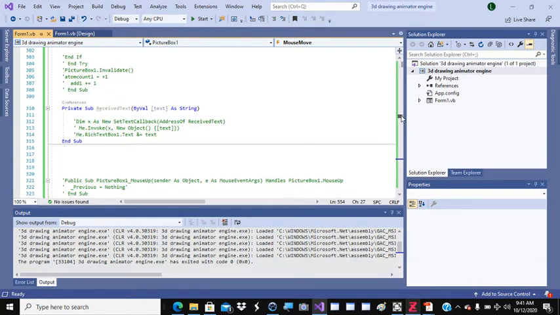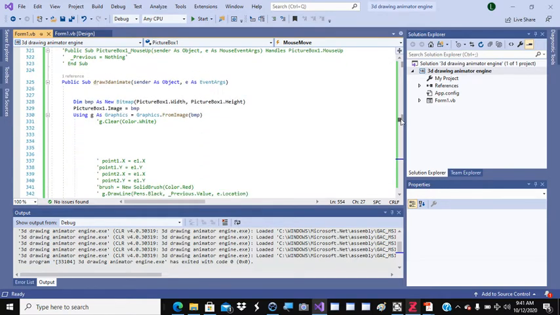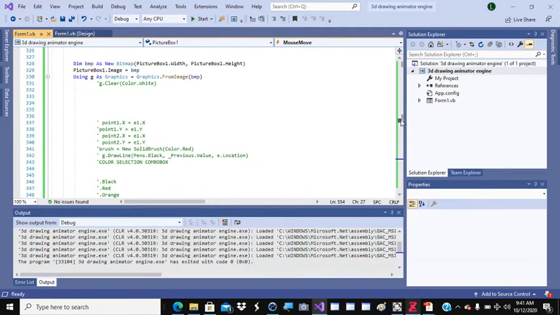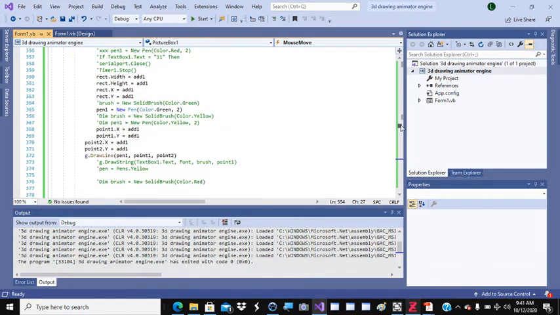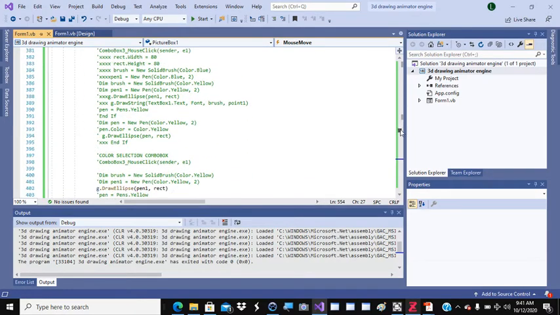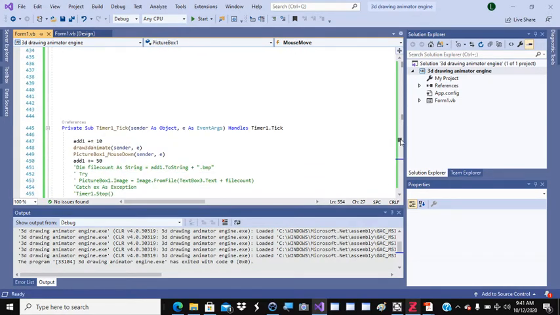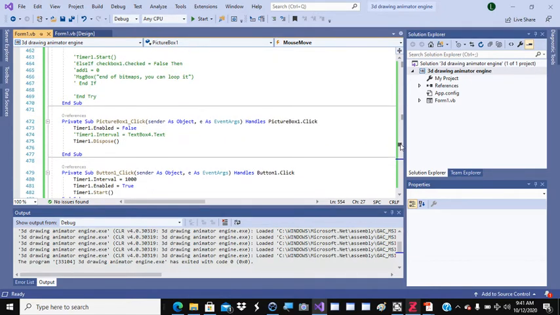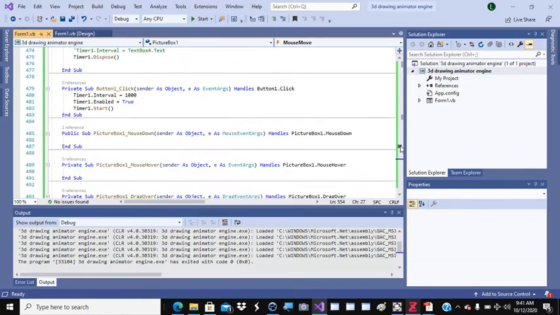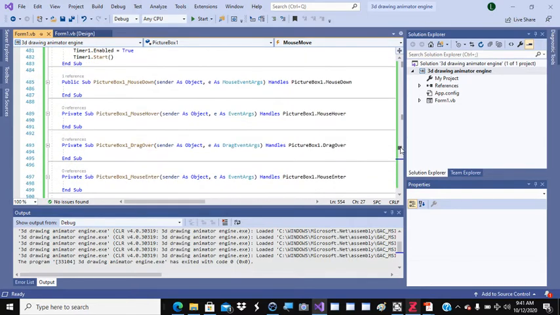But we want to draw, so we created a public draw sub here, and we activated that with a button, and you can see the code. It does whatever with the button, and that's on a timer, and the timer calls up the animate function after you hit the button, and then you can click on the image and disable it. But for right now,